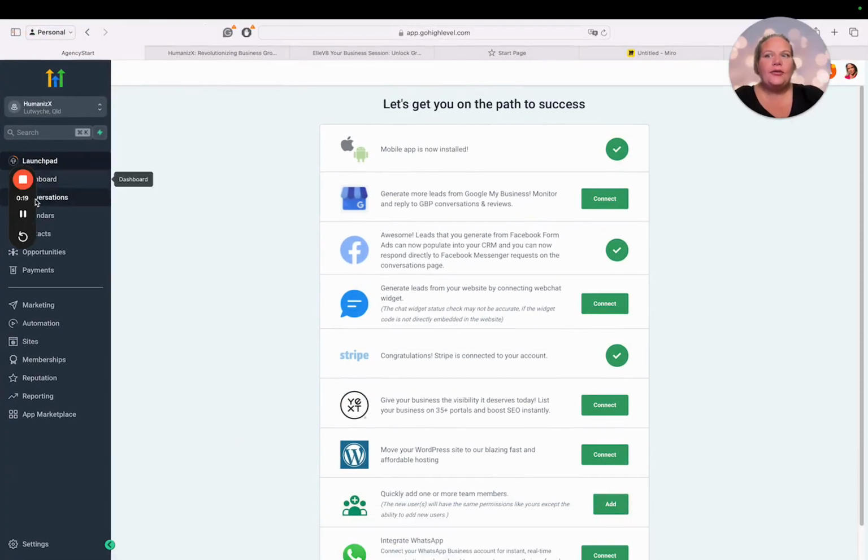So GoHighLevel, for those of you that understand, is a CRM, customer relationship management, but it's also a tool that has lots of other features in it too. Typically with a CRM, you'd have your contacts in there, potentially opportunities and your payments that you could do in that system. Within GoHighLevel though, you also have marketing,